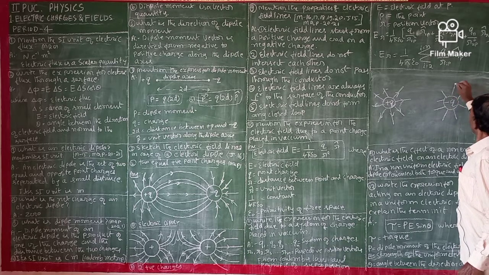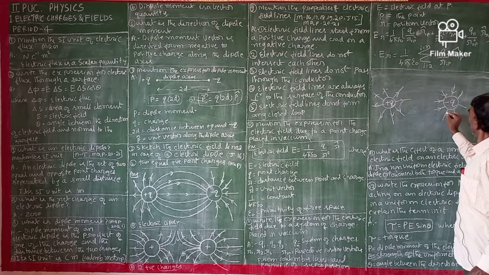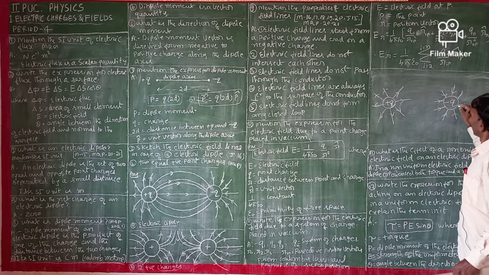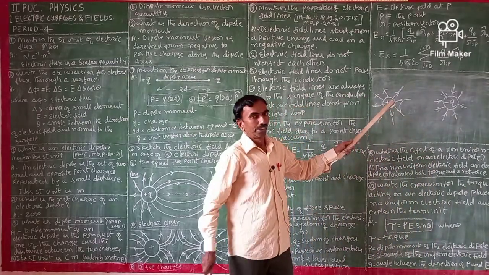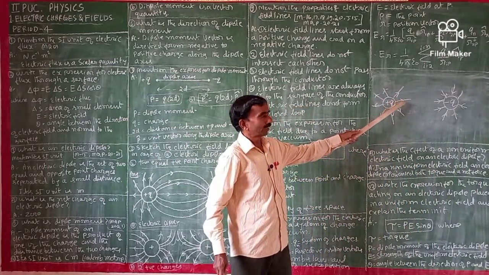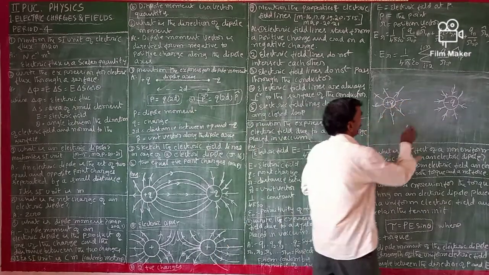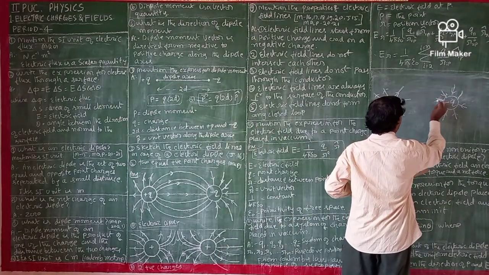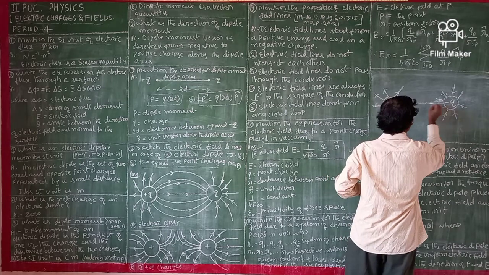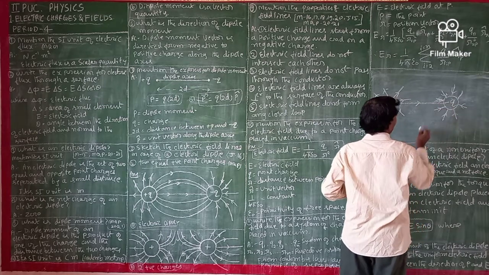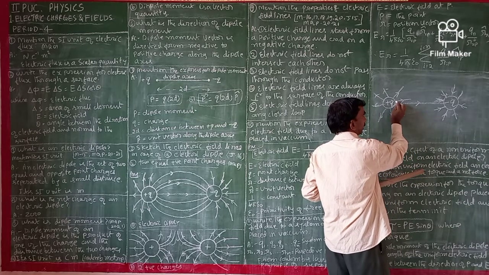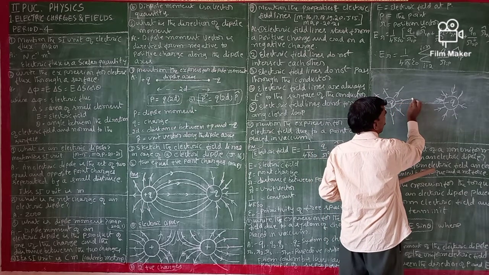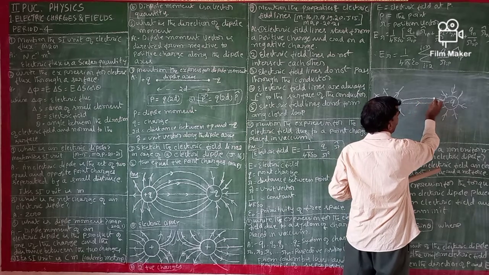In the case of negative charges, the field is radially inwards, and in the case of positive charges, it is radially outwards. Here, electric lines of force, the electric field, start from the positive end to the negative end. You see here, the electric lines of force pass from the positive charge and end in